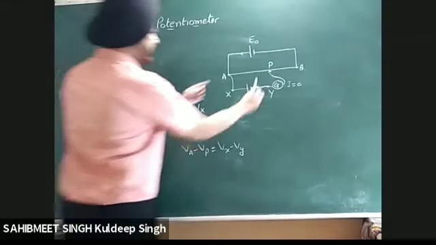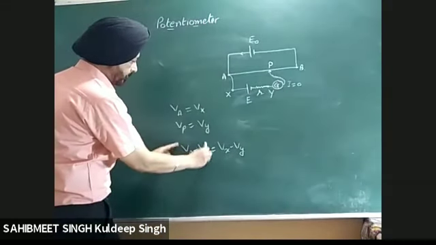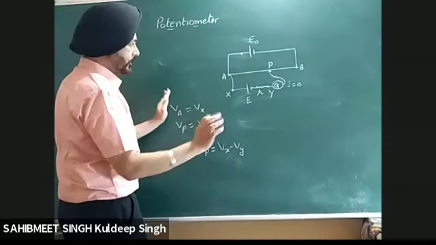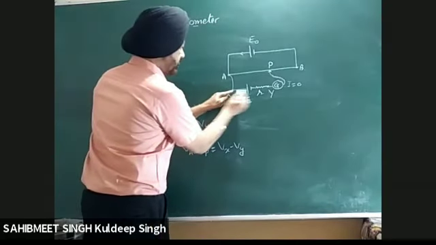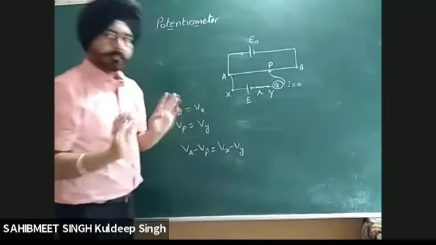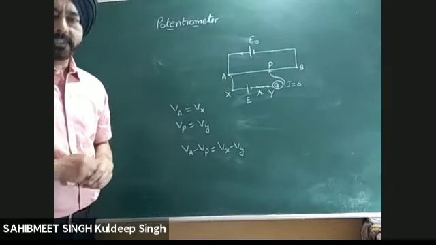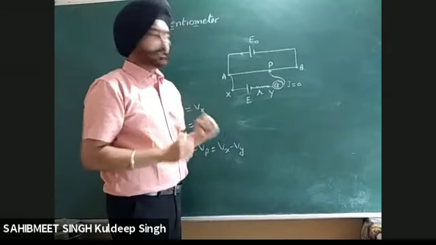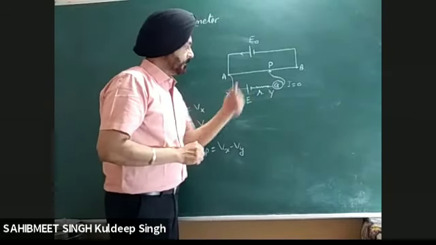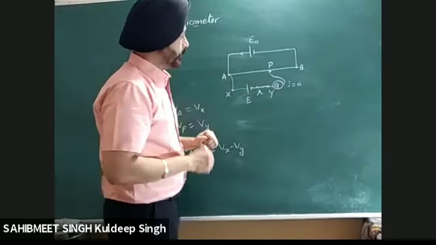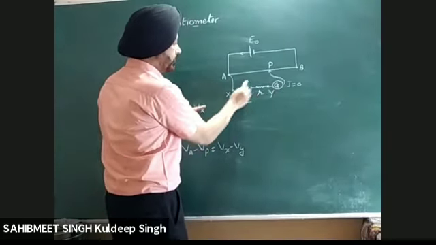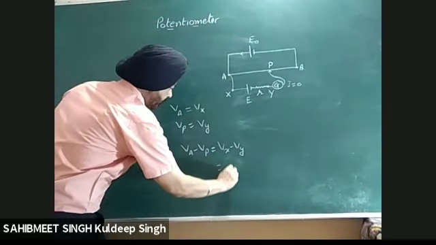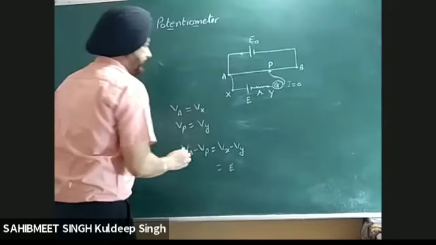So that is the potential difference across this wire. Va minus Vp is equal to the potential difference across X and Y. Now, what is the name of the potential difference across E and Y? Is it the EMF or the terminal potential difference? Most of you may be confused because here I have connected a resistance. You may say it is the terminal potential difference, but because the current is zero, here we have the EMF of the cell. We are not taking any current from this cell. This is the EMF.